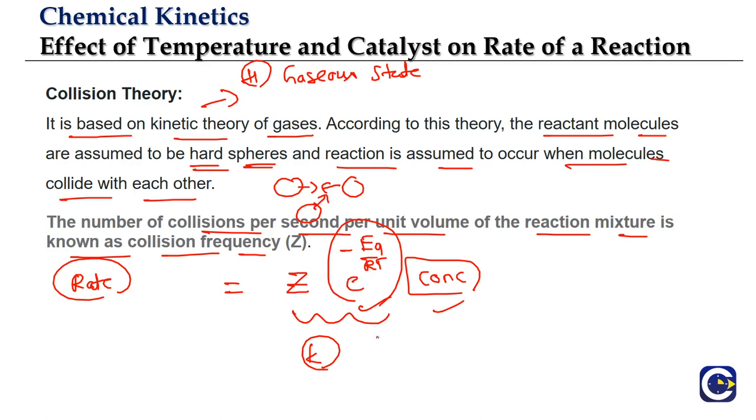So if you look at the similarity between the Arrhenius formula and the collision theory concept, in the Arrhenius concept we have, in place of Z, the Arrhenius constant A, which does not have much of a theoretical explanation. But here we have an explanation for Z, which is the collision frequency. Collision frequency will talk about the number of collisions per second per unit volume of the reaction mixture. So this is how we will be measuring the rate of a chemical reaction as per the collision theory. So here we are using the idea of the fraction of particles having energy more than activation energy, and also using the concept of the collisions.